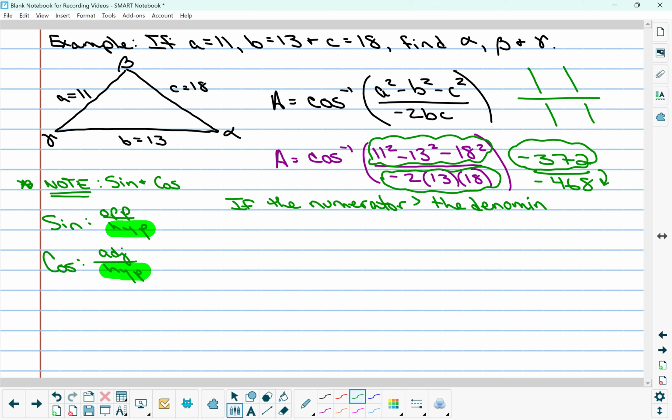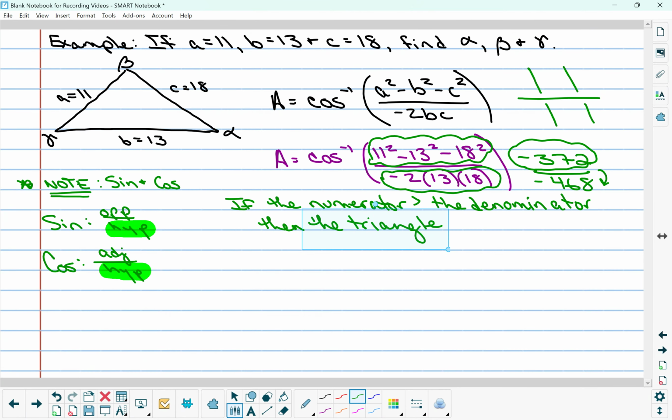So it doesn't matter if they're positive or negative. Okay, so if the numerator is greater than the denominator, and you're sure your math is right, like check it a couple times, then the triangle,